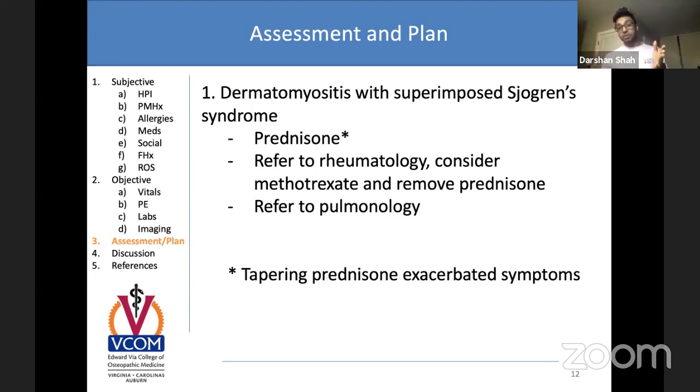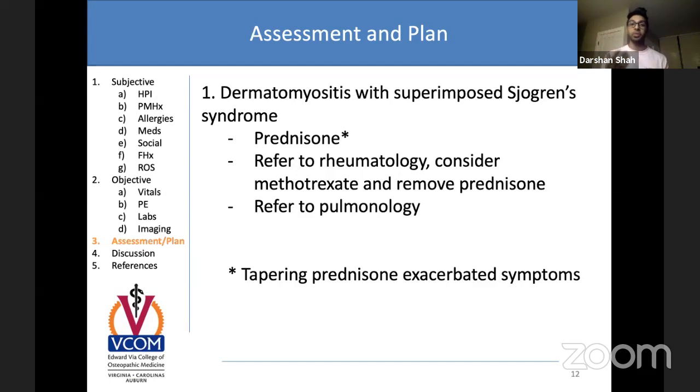But if you give somebody steroids for so long, those adrenals are going to stop working. So if you all of a sudden don't give these patients prednisone, they don't have any cortisol in their body. It's not coming from anywhere because the adrenals don't know yet to give it. So that's why you have to taper these patients. You can give 40 milligrams for a week, then 30 milligrams for a week, then 20, then 10, and so on. So for that reason, you want to taper.